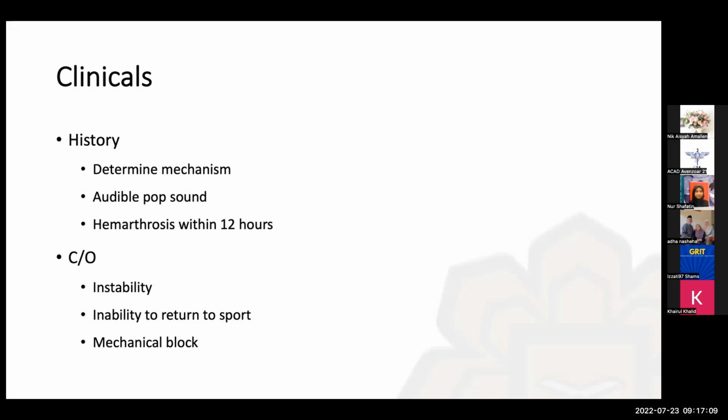Okay. So that actually determines it. Usually if the ACL injury is partial or just a sprain, the patient can keep playing. But if it is a complete tear, or sometimes even a partial tear, he cannot continue playing, due to the severe pain and also hemarthrosis. Okay. And then the next question is about the swelling. Whether the swelling is